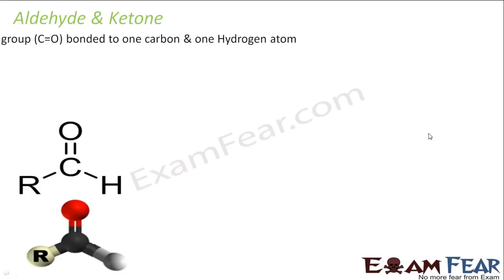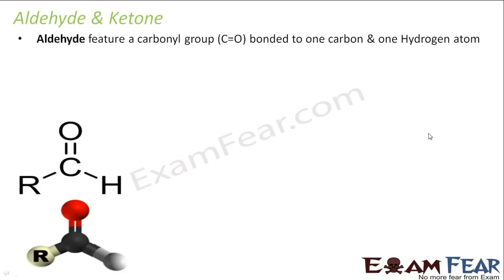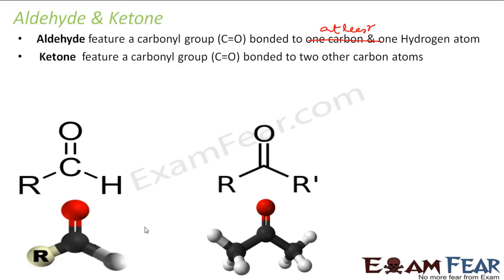So the first bucket is aldehyde and ketone, and as I already told you, the definition of aldehyde is that you have a carbonyl group bonded to at least one hydrogen. Correct? So if you have at least one hydrogen, it is my aldehyde. And ketone, you have two other carbons. I'll explain once again. I have my carbonyl group. Carbon has 4 valency, so the 2 are left. So in this, minimum, I should have one hydrogen that is fixed. Here I can have anything. I can have R or I can have H. This is my aldehyde.